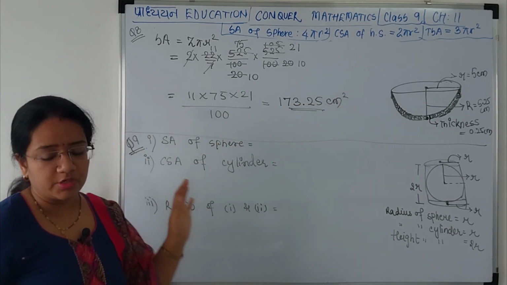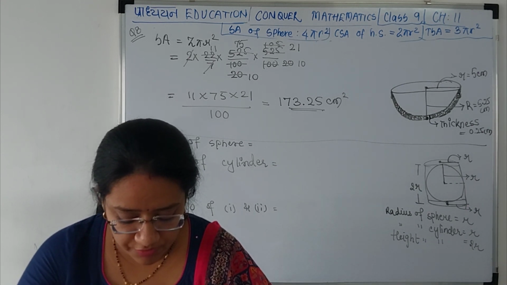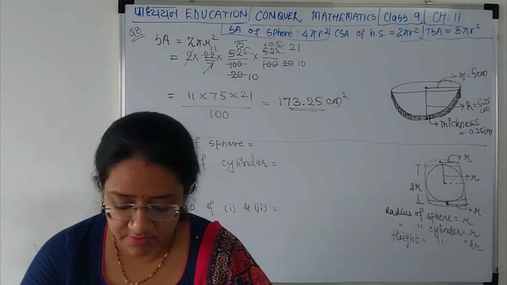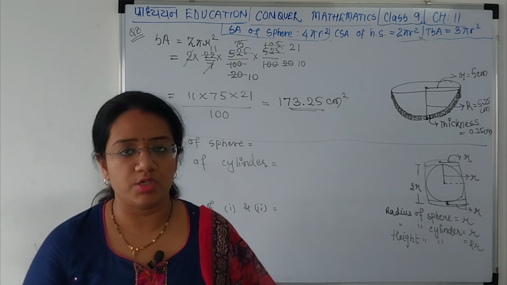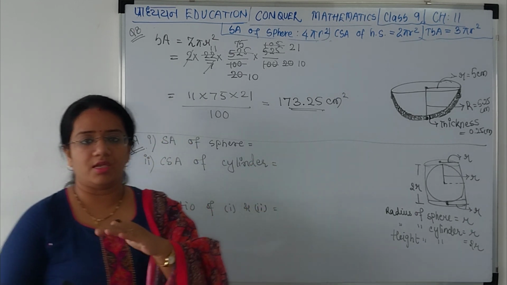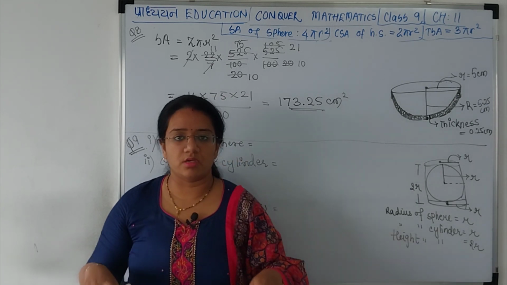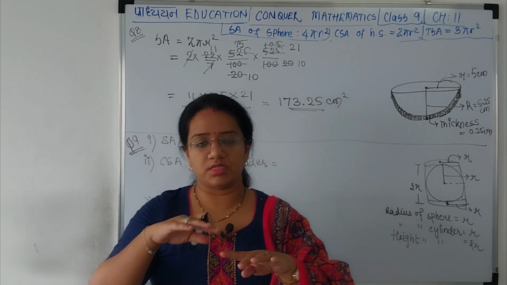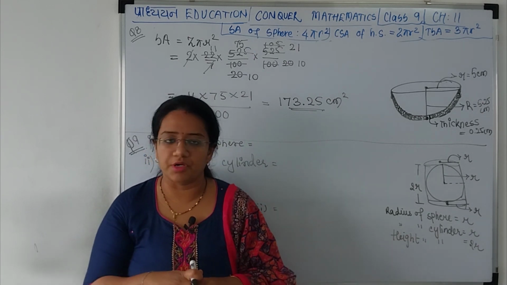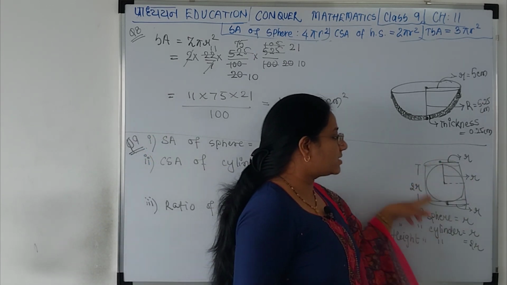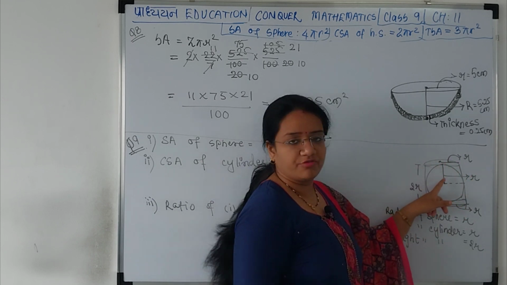Let's go ahead with the last one, question number 9. A right circular cylinder just encloses a sphere of radius r. Find the surface area of the sphere, curved surface area of the cylinder, and ratio of the area obtained in 1 and 2. See, a cylinder just encloses the sphere. That means that the boundaries are level to each other. Meaning the surface of the sphere touches the cylinder and the top of the cylinder touches the sphere. This is how it is. This sphere is packed tightly inside. So we have to find the surface area of the cylinder and sphere.